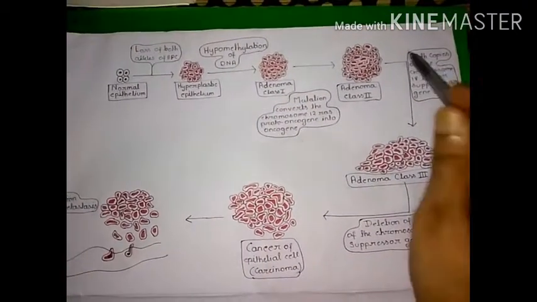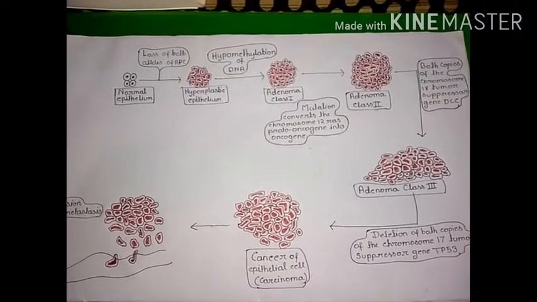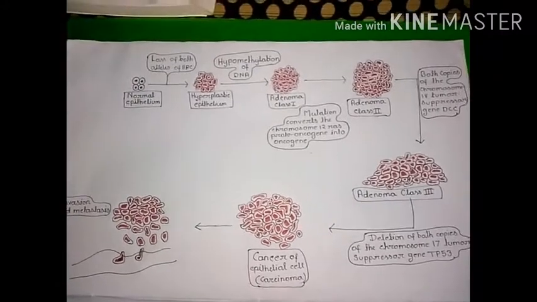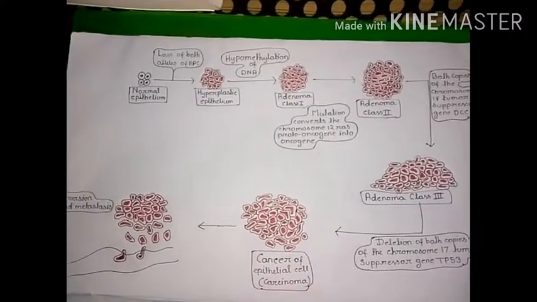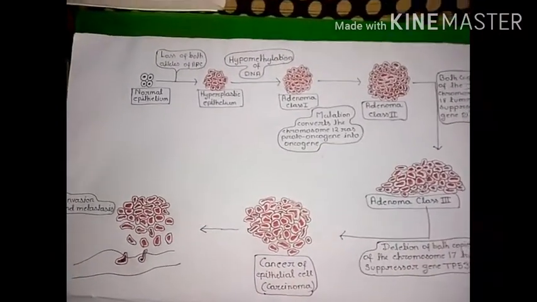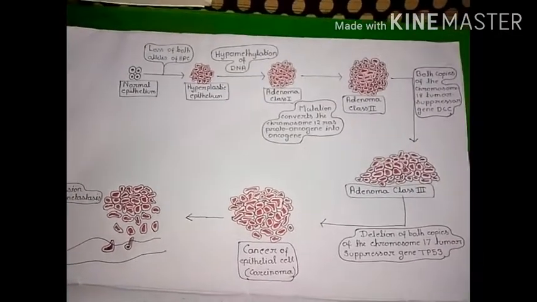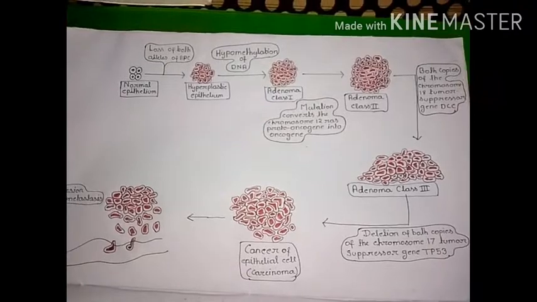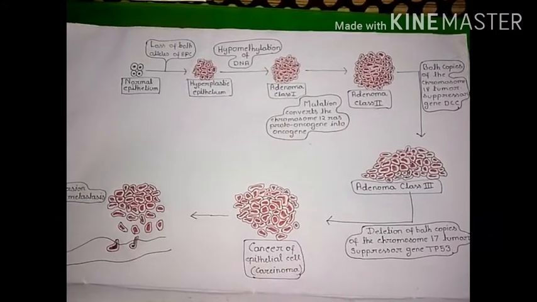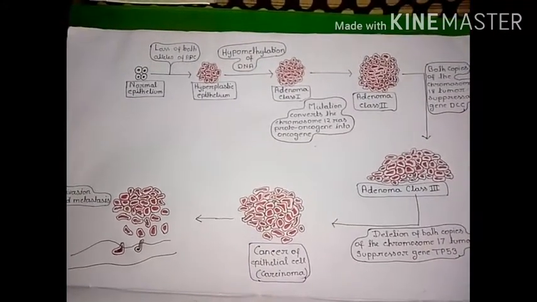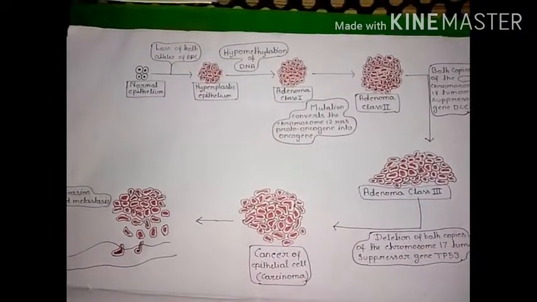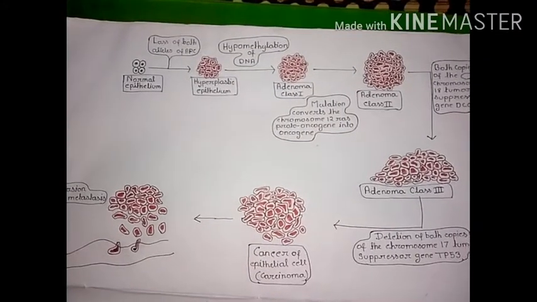So here is a whole diagram of a colorectal cancer, a form of hereditary colorectal cancer. And the diagram shows that to develop a metastatic cancer or a cancer, it needs many different types of mutation. There are several genes involved. The mutations of those genes lead a normal epithelial cell to transform into a cancer cell.